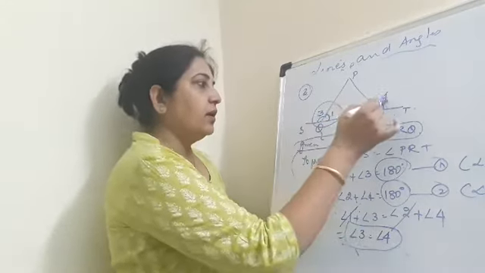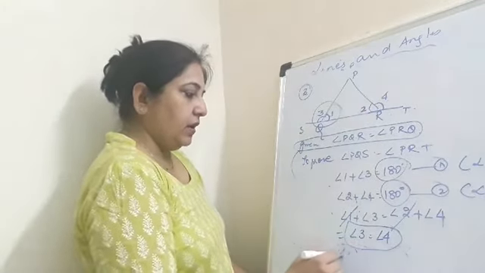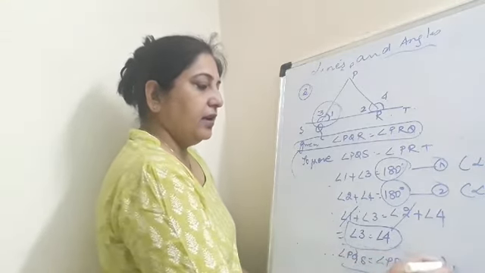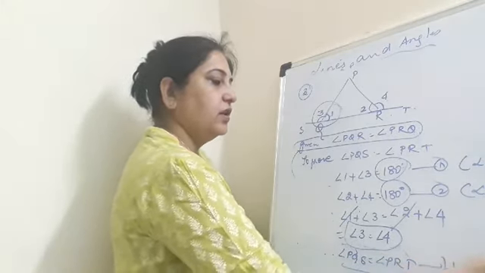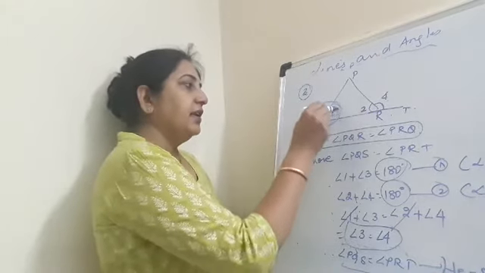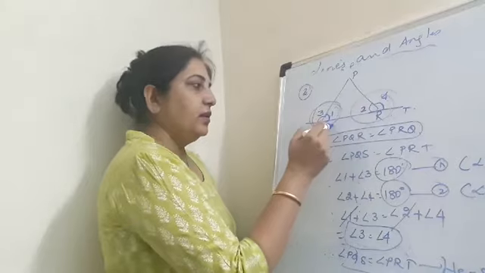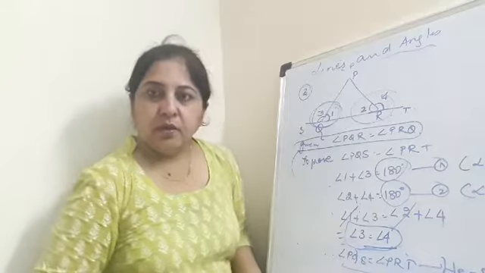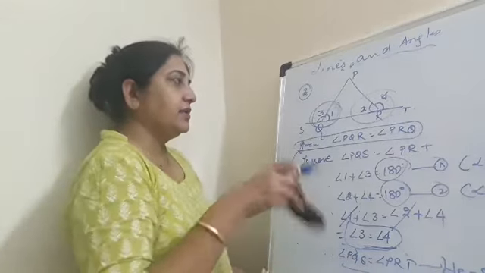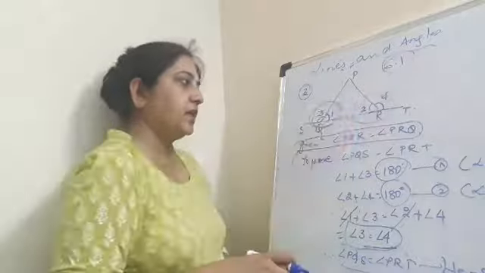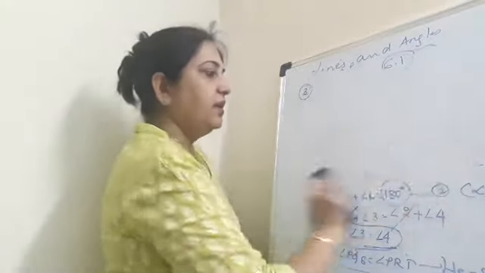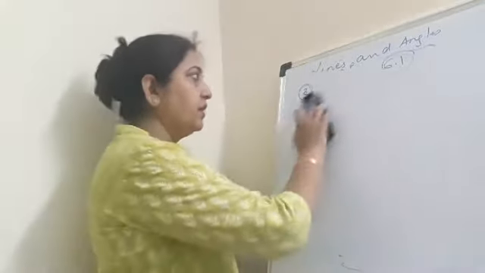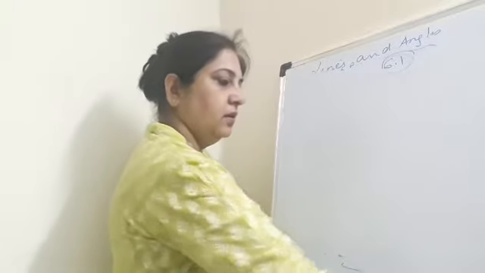If angle 3 is equal to angle 4, we can now write therefore angle PQS is equal to angle PRT. And in the end what do we write? Hence proved. So I hope you understood. We take up the linear pair, then equate the two left hand sides, and then we find that angle 3 comes out to be equal to angle 4. Okay. So this is your question number 3, exercise 6.1. I'll drop this and do the next one. So complete these sums in your notebook. See the video and listen to the explanation carefully.